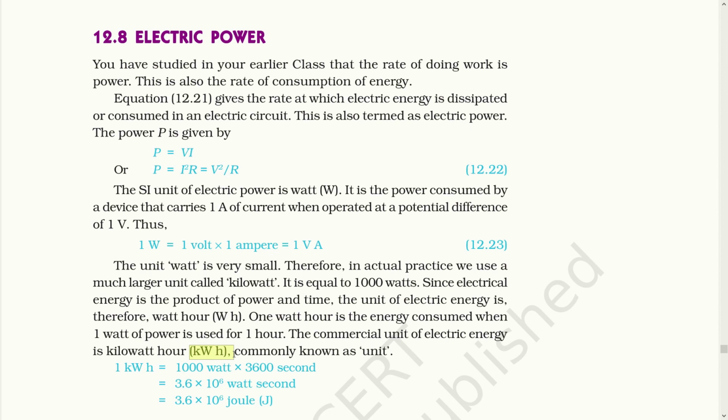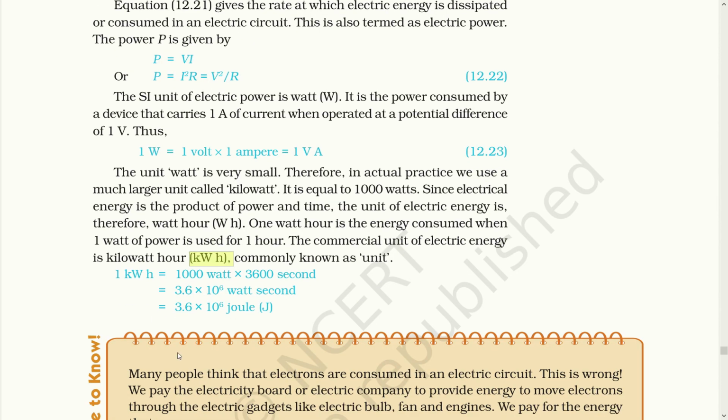It keeps on running till some rectification or changing of the refrigerator is done. Otherwise it runs continuously without any problem. So the unit of watt would be very small and the value that you will get in watts would be huge. So to minimize and understand the value properly, we use a larger unit called